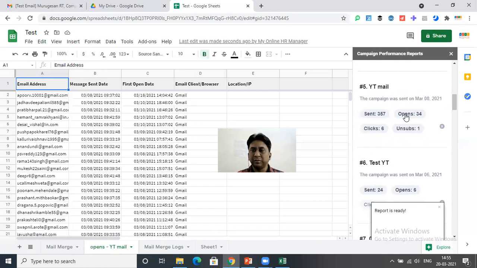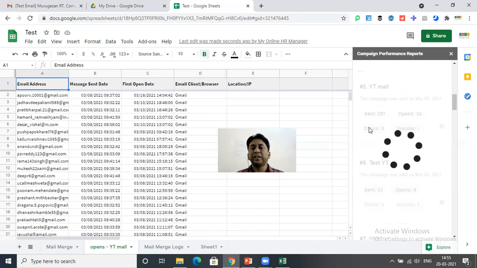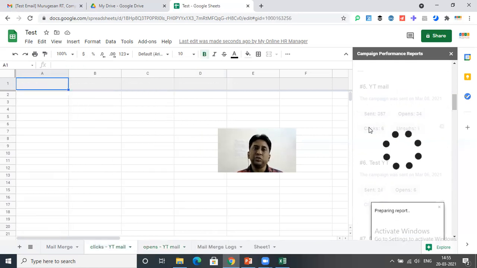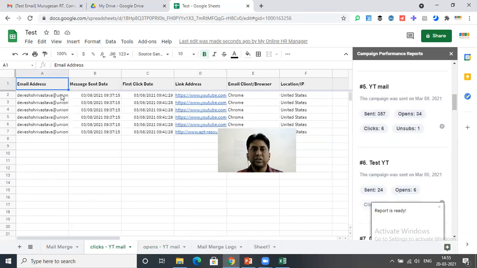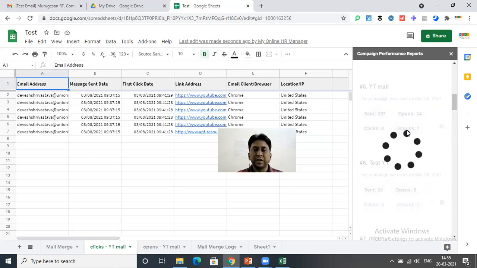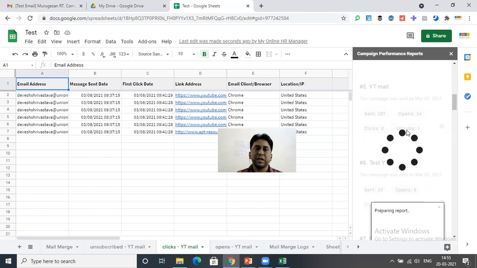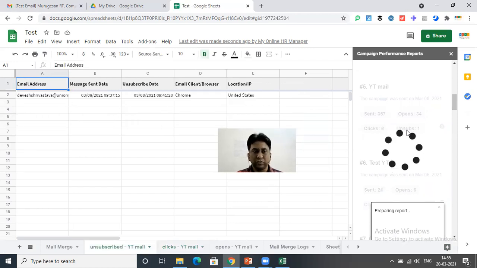So you can go and subscribe there. So see, 36 people have opened it, and there are 6 people who have clicked on that subscription link. So even you can know how many people have clicked on that job opening link, and you can then contact those people. So he's one person who has clicked 6 times and unsubscribed. Here again, whoever has unsubscribed, you can make a note of it also.